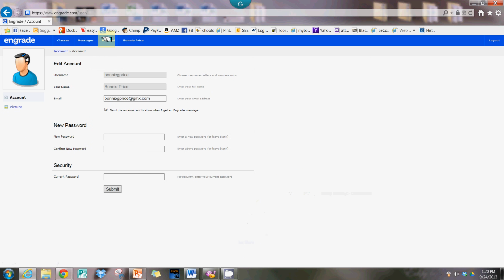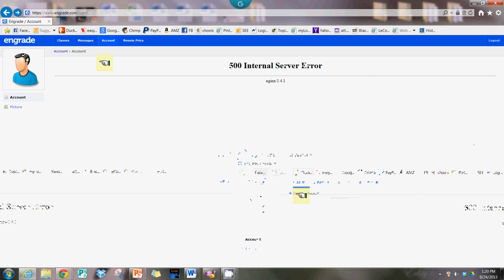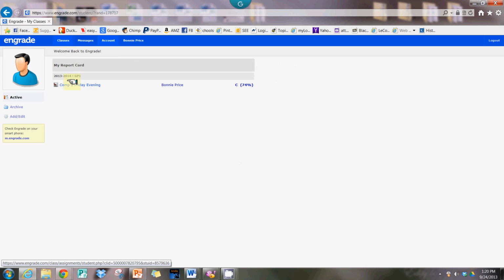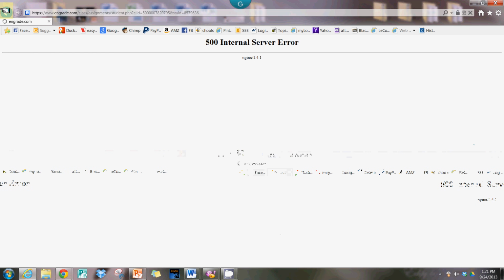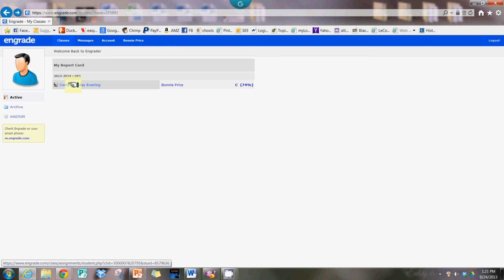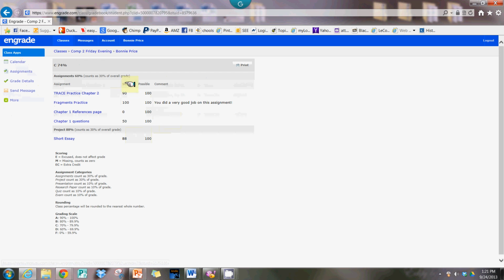Other than that, you just have your account information, that messaging area. Sorry, we went to an error there. We'll get back out of that. And that's pretty much it. In your grade report, you're going to see, I have an error again. Sorry for that. In the grade details area, you're going to always see what your